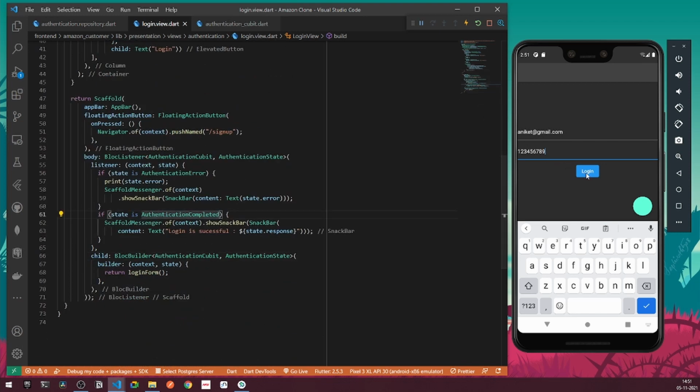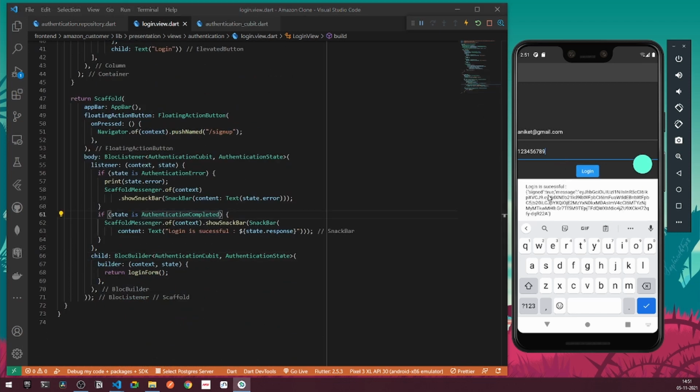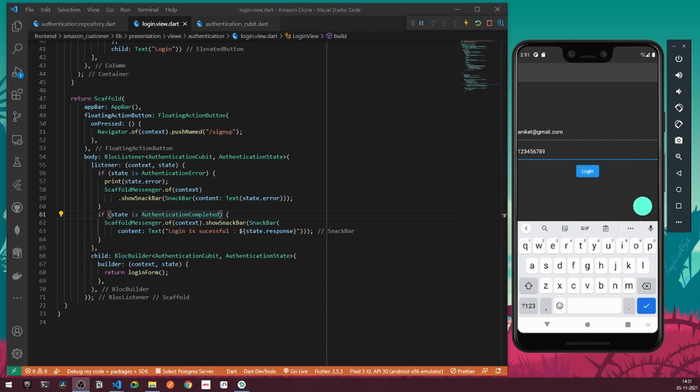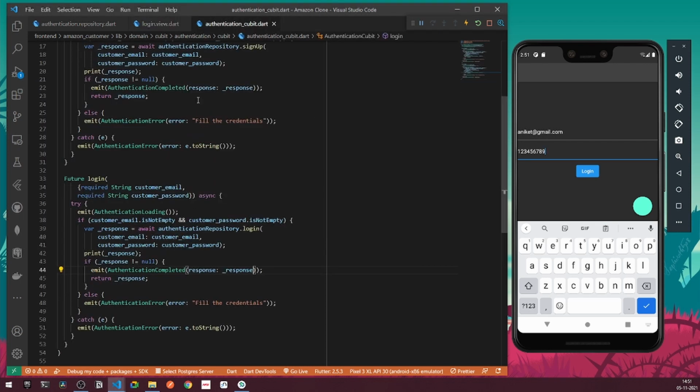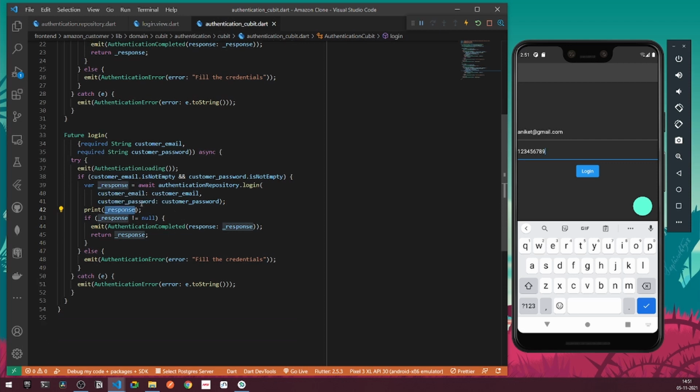Now, over the condition of signed to be true, we need to forward the user, that is, we need to navigate the user to the next screen. So now let's start doing that. We can go back, and here you can see we are getting a response. So now what I can do,